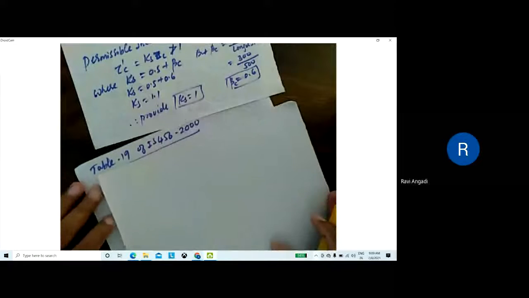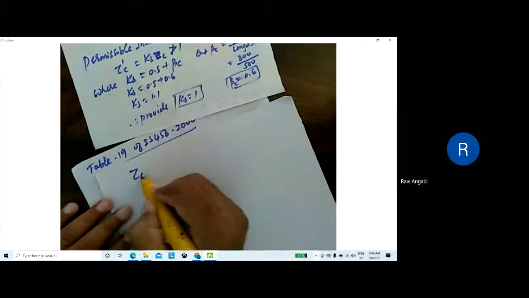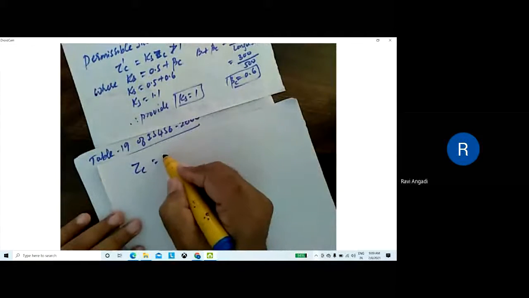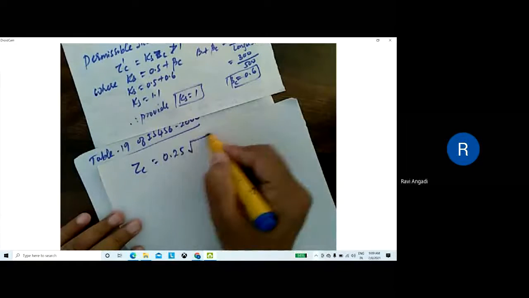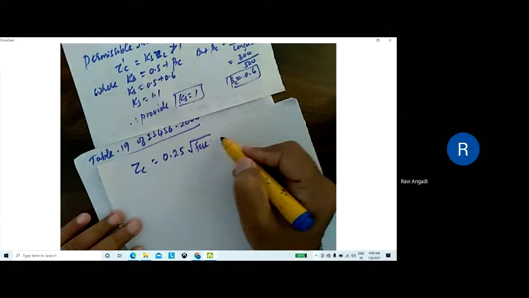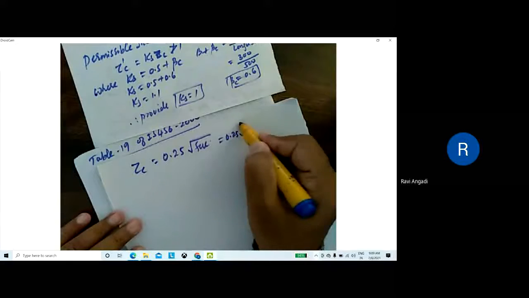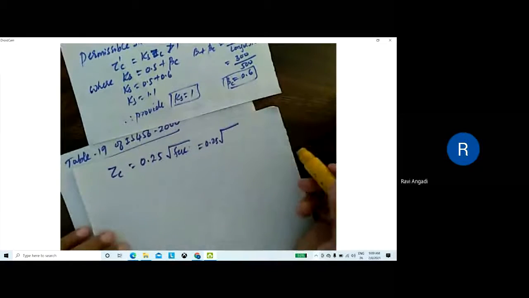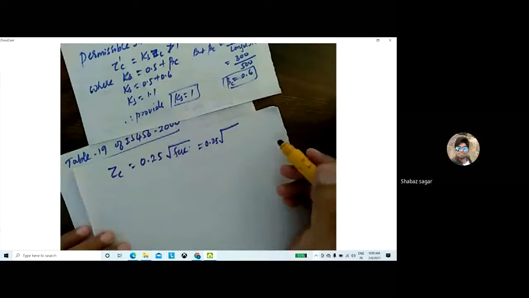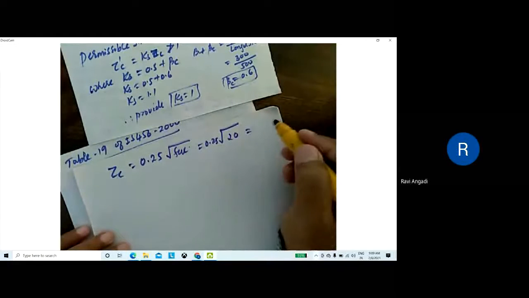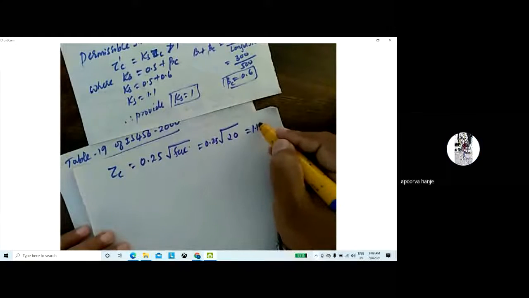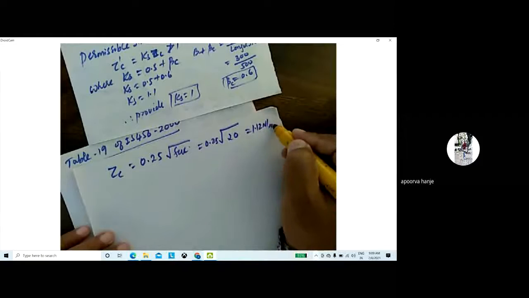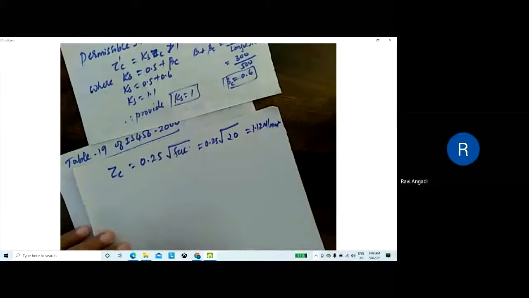Now, further, tau c equal to 0.25 root of fck. What is the grade of concrete we are using? 20. What is the answer here? 1.118.